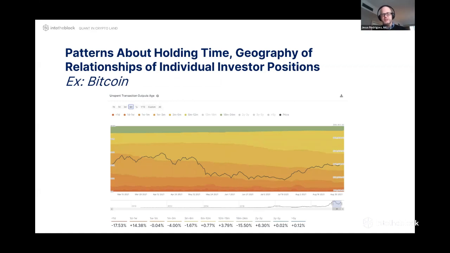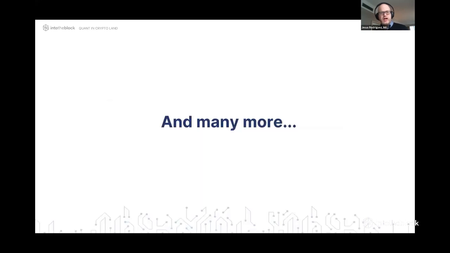Another one that we pay attention to is keeping track of addresses holding crypto, in this case Bitcoin, for a specific amount of time. You can see long-term holders, the addresses that have been holding Bitcoin, let's say 1 to 2 years, start selling, and that could give you an indication of a specific activity throughout segments of the market, and it's something that could have predictive capability. There are many more of these, but this gives you an idea of the type of alpha indicators that you can compute using blockchain data sets.